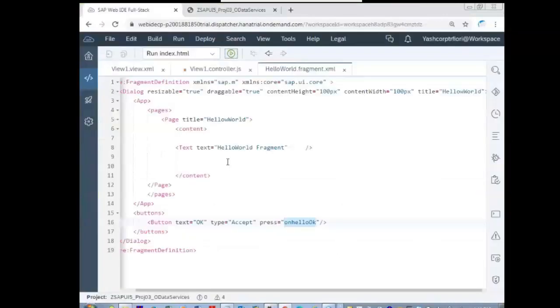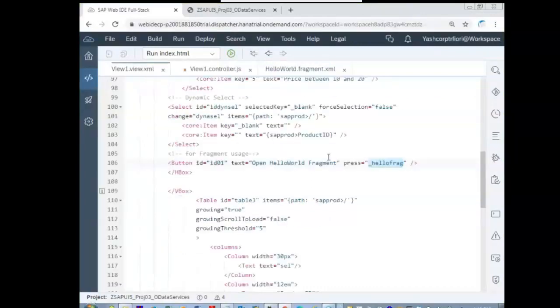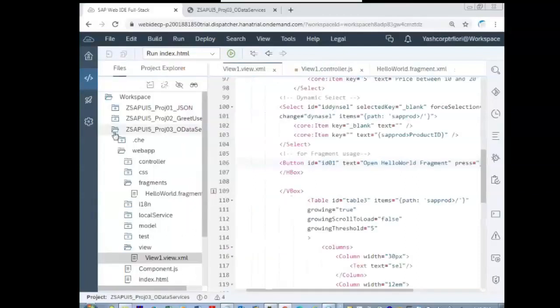Any doubts still here? So we'll try to show the referenced entity sets data in the fragment. Okay, tomorrow we'll see that. So referenced entity set means for the product set. For the product set, we have two referenced entity sets. So please copy all this hello world fragment code, everything. You refer to this Web IDE. Let me safeguard this code again.